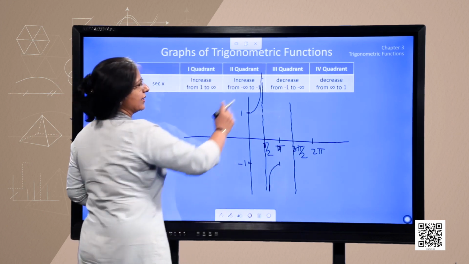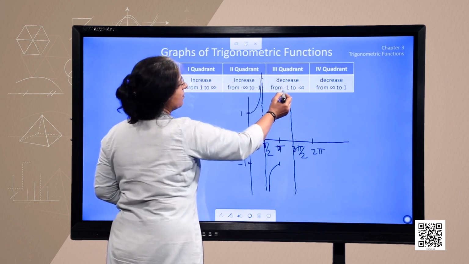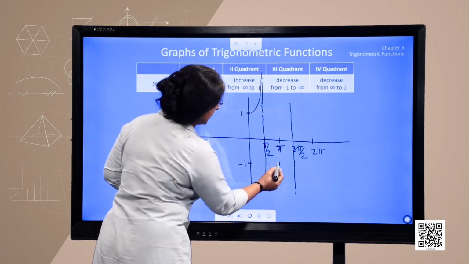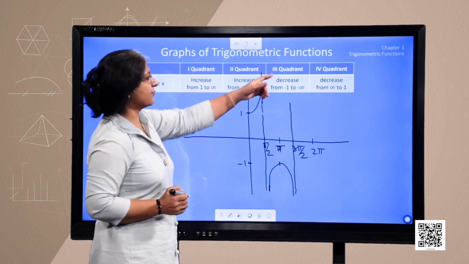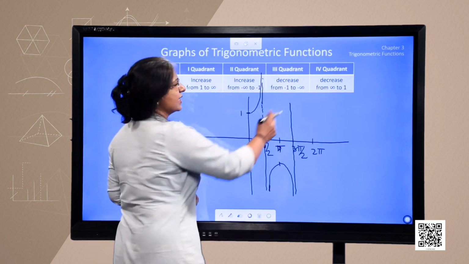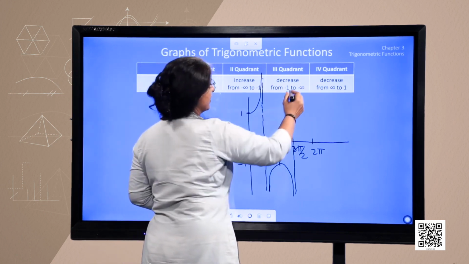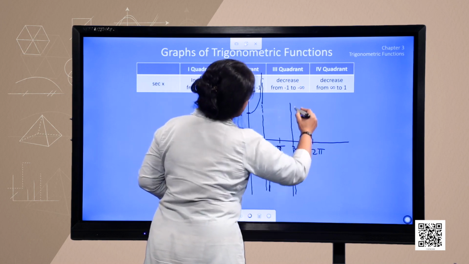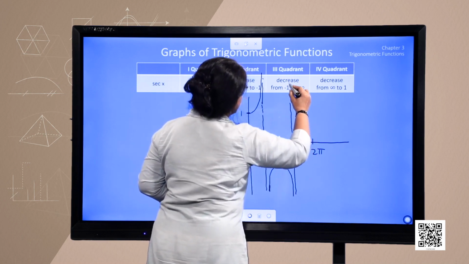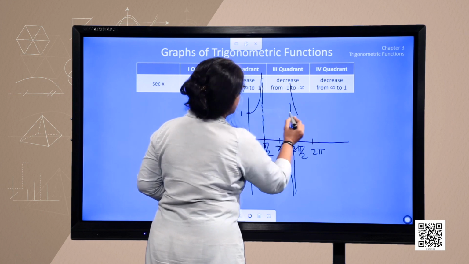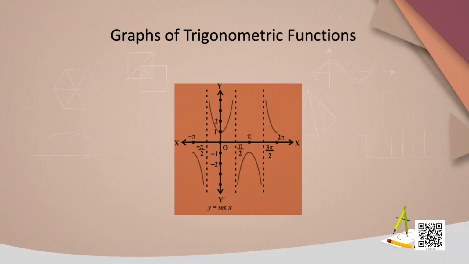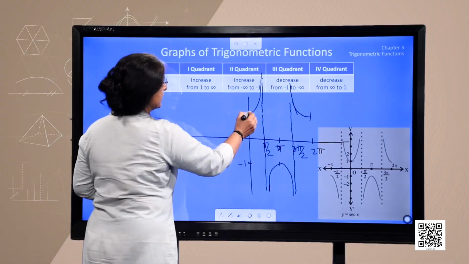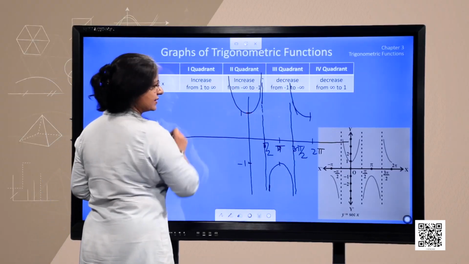And in the third quadrant, it decreases from minus 1 to minus infinity, like this, and in the fourth quadrant the value of sec x decreases from infinity to 1. Here we will come till 1 only. So, this is the graph of the secant function that you can see here. If we extend it further in the negative direction, this will be like this,